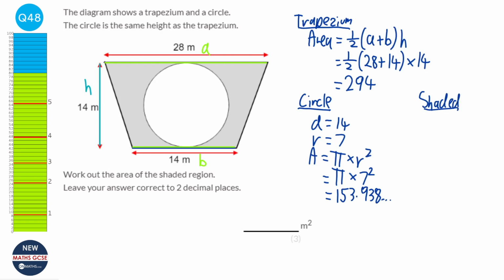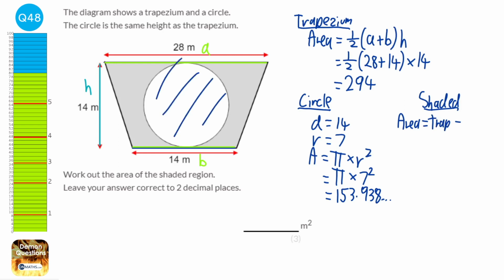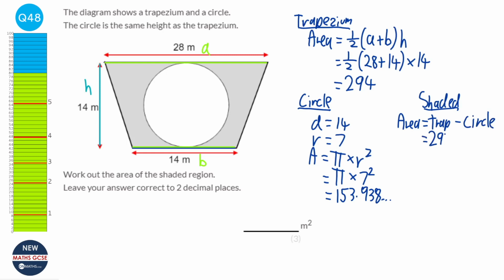and it says we want to work out the area of the shaded region. So the area will be the total area, which will be the trapezium, take away the area that we don't want, which is this bit here, which will be the circle. So the trapezium's 294, the circle's 153.93 blah blah blah, and when you do that you get 140.061 blah blah blah. It says it wants it to 2 decimal places, so it would be